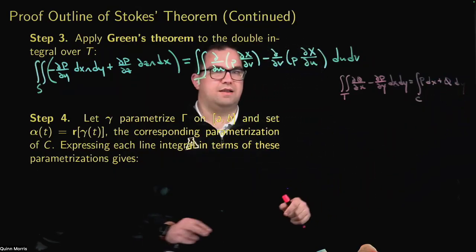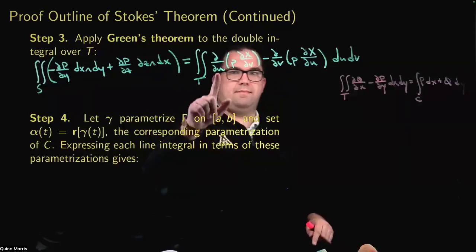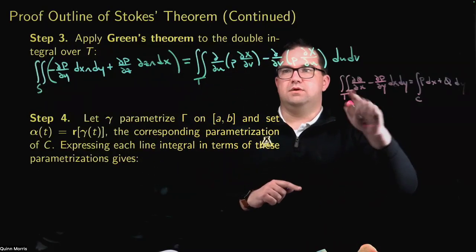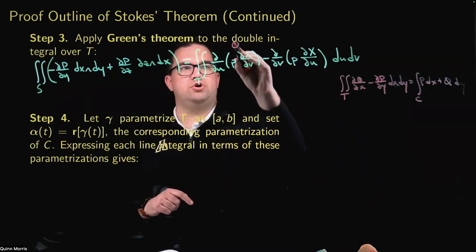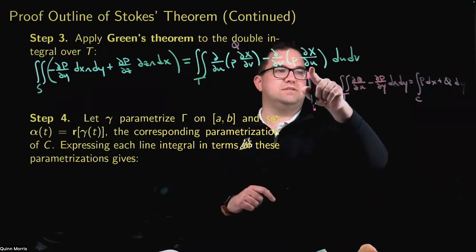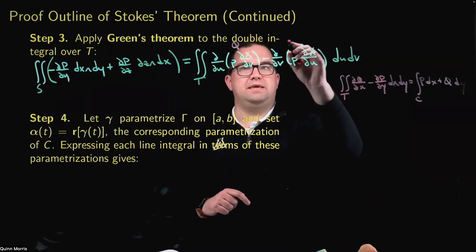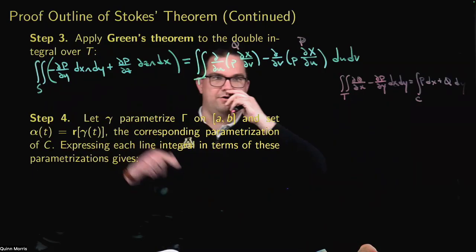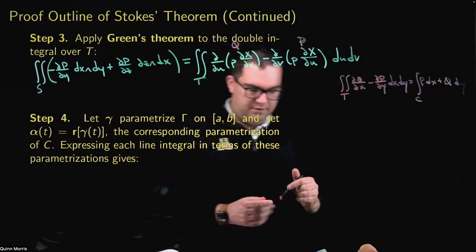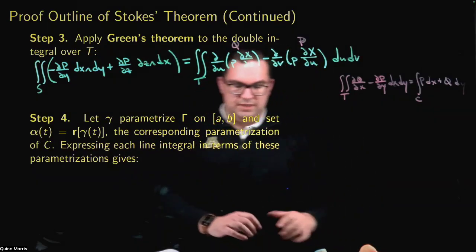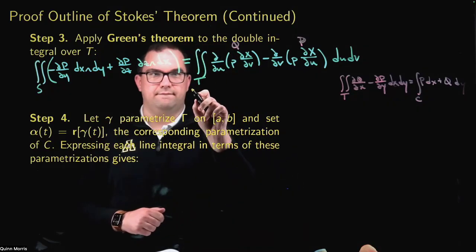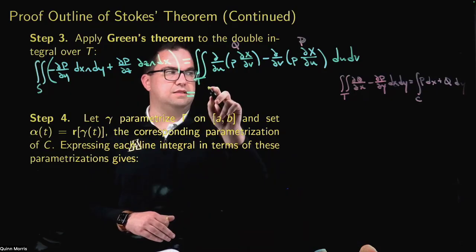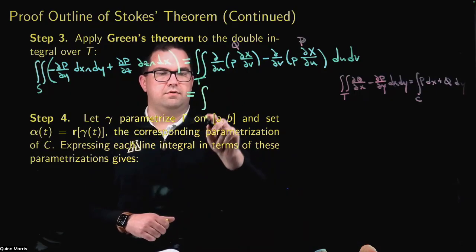All right, so I want to think about my u as my x. That means this is going to be like my Q, and this is going to be like my P. But again, I can't exactly call these P and Q because in this proof they already have meanings, okay? But what it tells me is that I can rewrite this via Green's theorem as the line integral